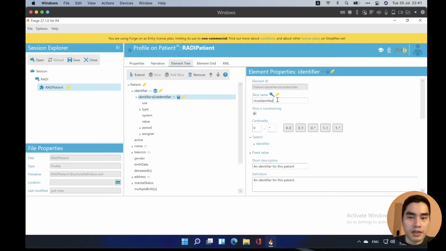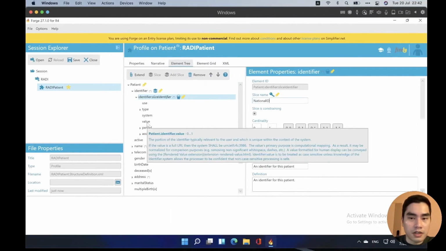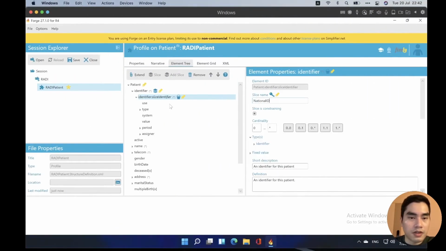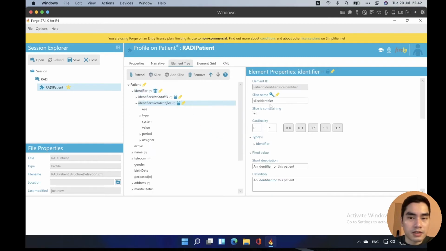The first slice name is national ID. Okay, I will add more slices first. The second one is MRN.